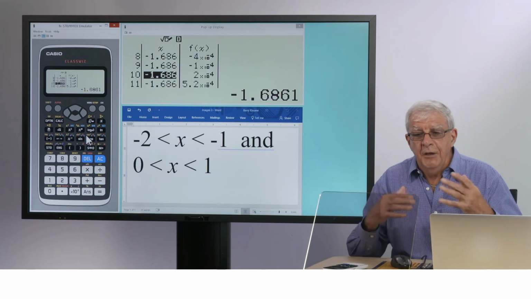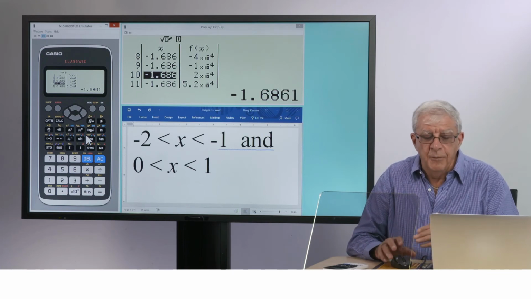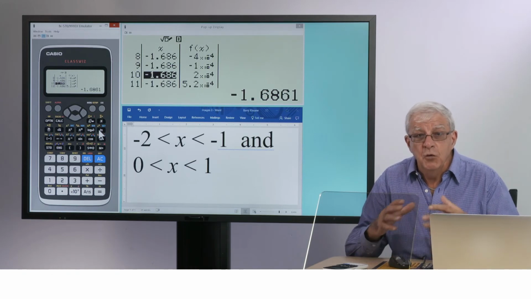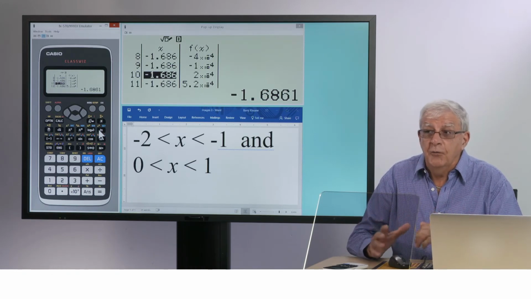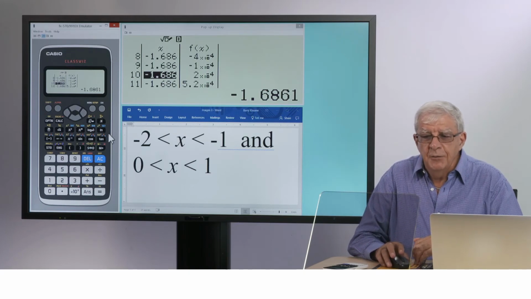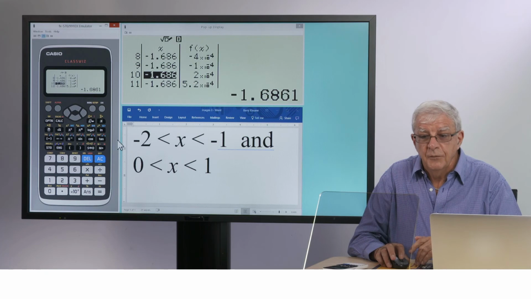A table is a powerful tool on ClassWiz for exploring values of functions, and this is one of the many uses to which that might be put. So this video has shown you a process of zooming in with a table to look for approximate roots of a function. You can use a similar process to find other values of interest, such as approximating a minimum or a maximum value of a function.